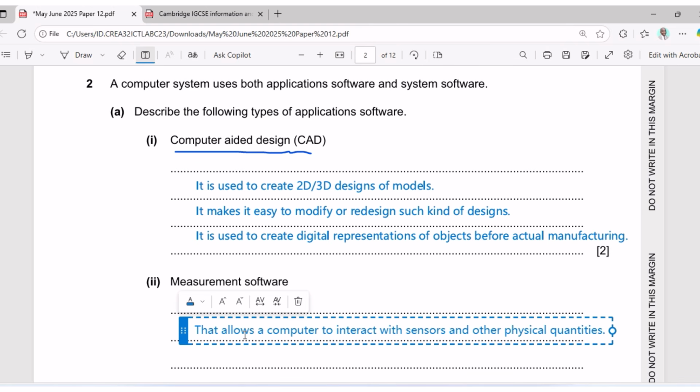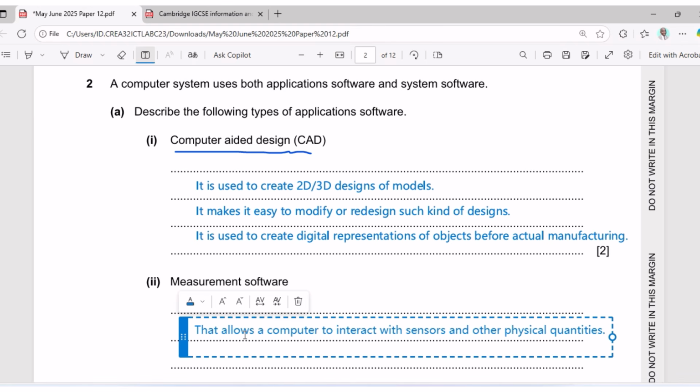Then which makes it easier to analyze such data gotten from sensors. So we can say this is one of the descriptions of measurement software. So it is very important that we take note of that. Then another one we can say is that